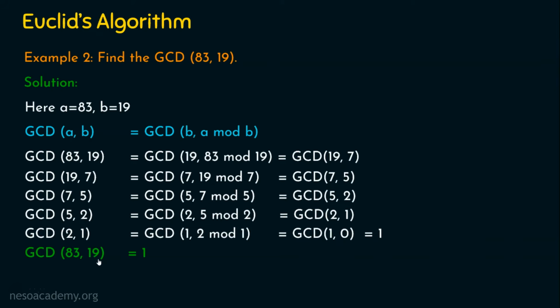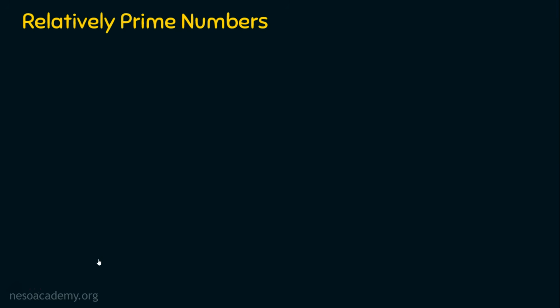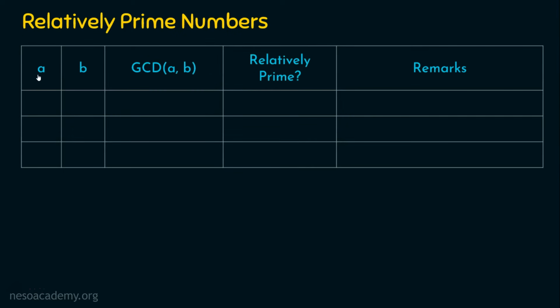Before we sign out, let's see various scenarios. So I am going to have 5 columns here. 2 numbers A and B we are going to take, and we are going to find whether A and B are relatively prime to each other with various scenarios. In order to verify whether they are relatively prime numbers, we need the GCD, right? So I am computing the GCD value. Now, with the result of this GCD calculation, I'm going to confirm whether the numbers are relatively prime or co-prime to each other. And I have a remarks column. Let me explain that now.